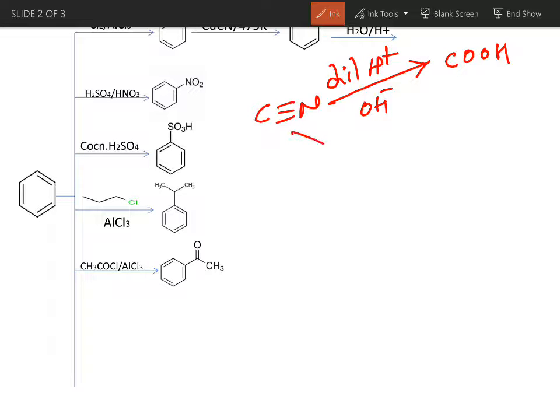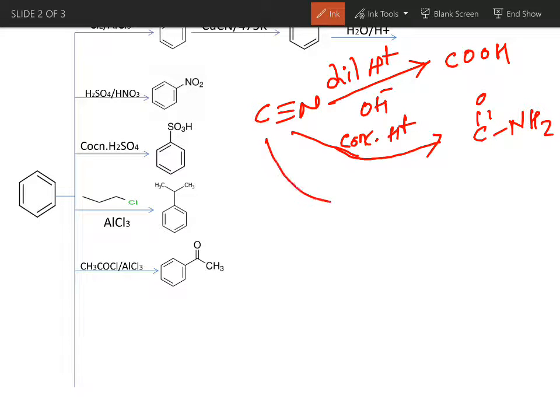If cyanide is treated with concentrated acid or concentrated base, it undergoes partial hydrolysis and forms amide. If nitrile or cyanide is reacted with a strong reducing agent such as lithium aluminum hydride, it will get converted into a primary amine, that is